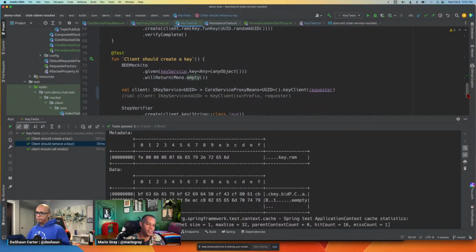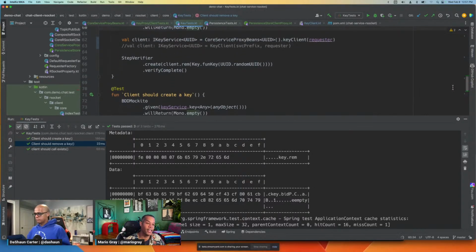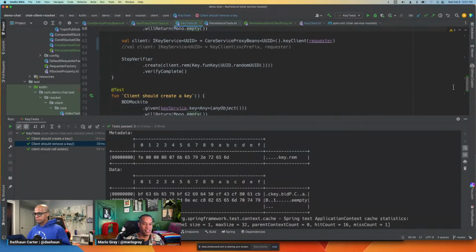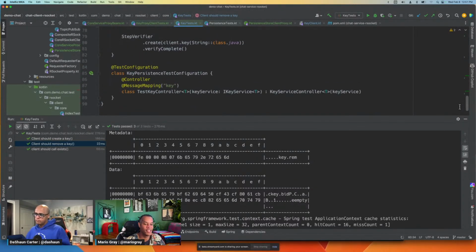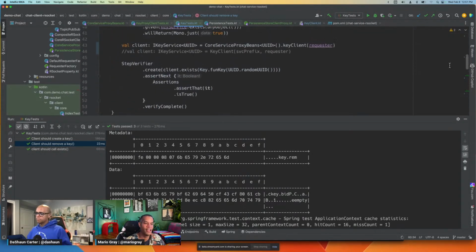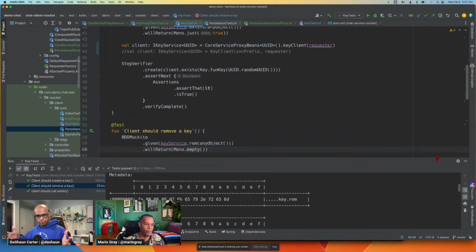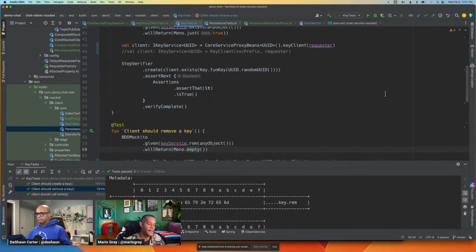They just ensure that things are being transmitted across the wire, and that if I send something, I should receive something. But they don't specify state, because testing state in unit tests is kind of hard. It's something that you only want to do when you really have specific needs for it. In this case,